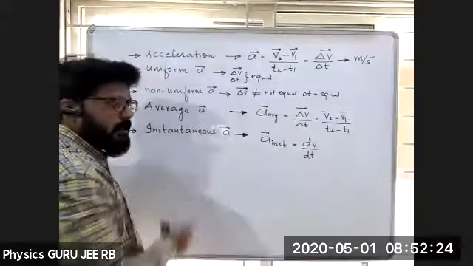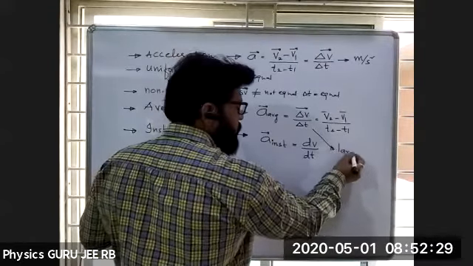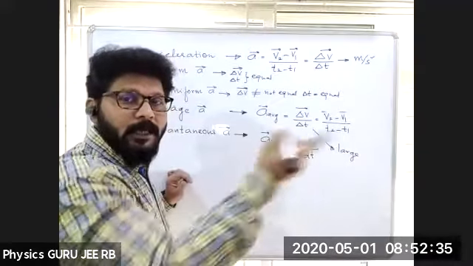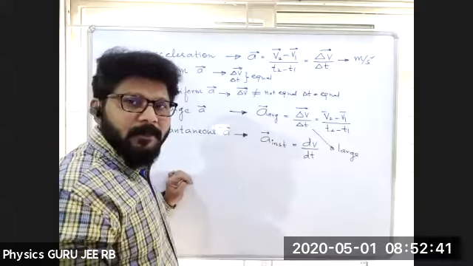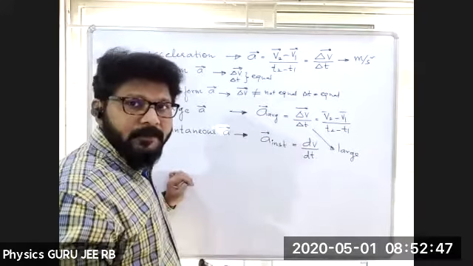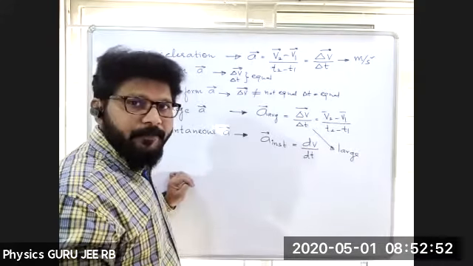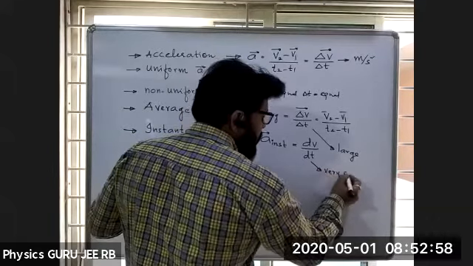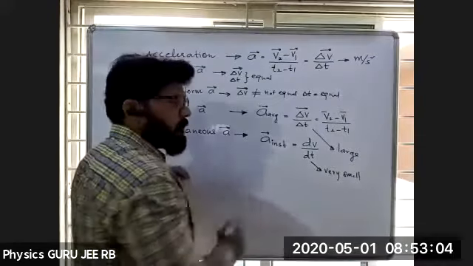Now coming to instantaneous. Here, if you take delta T, this time interval is large, for example 1 hour, 2 hours, 3 hours, 4 hours. If it is in milliseconds, very, very small, we can ignore that millisecond when compared to 1 hour or 10 hours. That's the reason we say in mathematics, limit delta T tending to 0. Then this delta T is a very, very small time, and we will call it instantaneous.